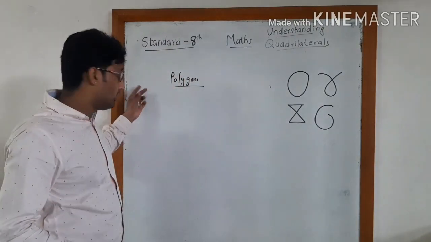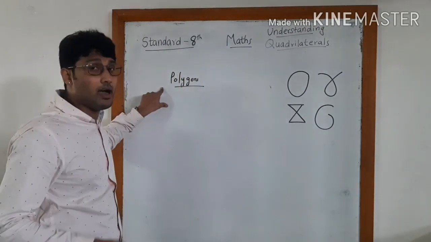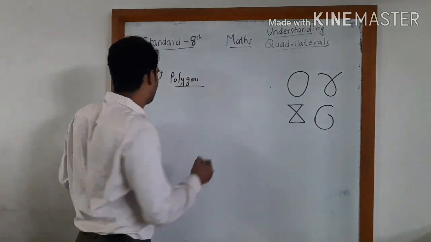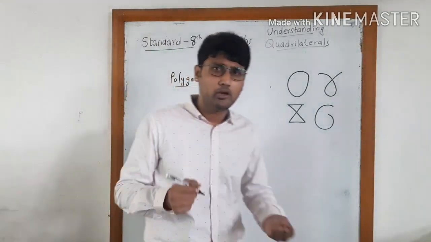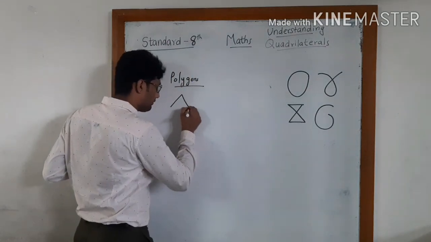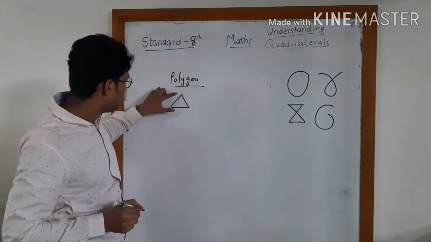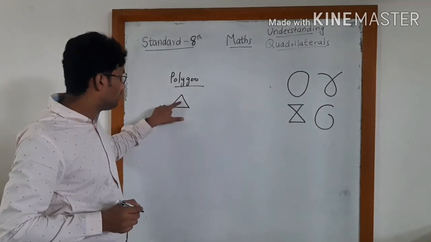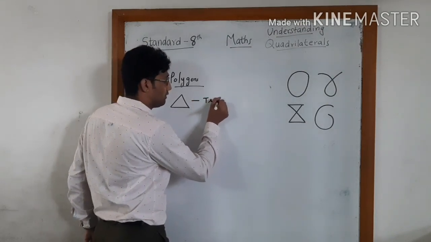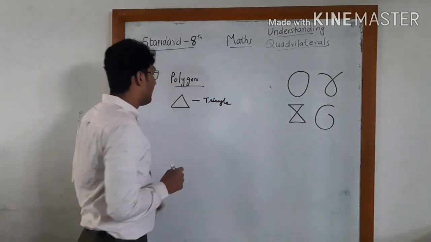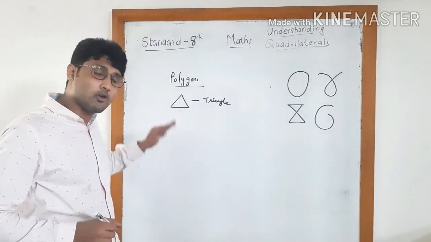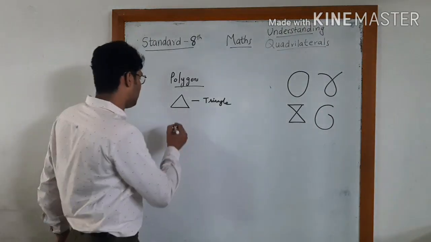Now we move on to polygons. Here, these curves are made up of only line segments. Only line segments. So the first basic polygon will be the triangle. It's a closed curve. It has only line segments. So triangle is our first. I am saying first because a triangle is a polygon in which there will be the least number of sides. Next will be